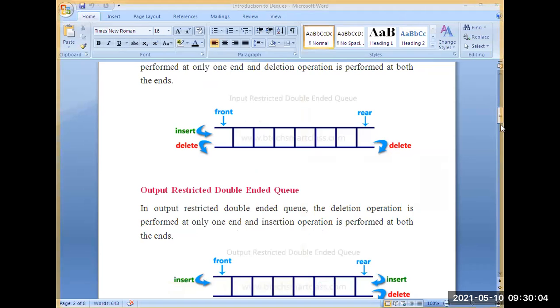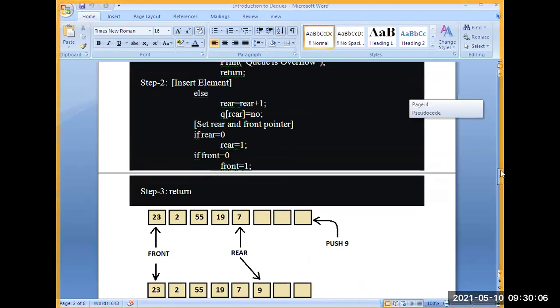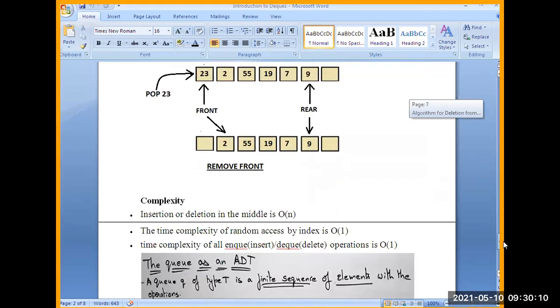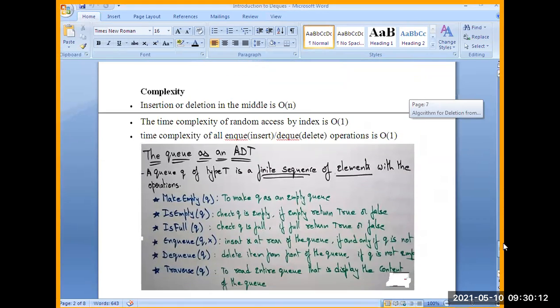So next we discuss the last two topics in the second unit, that is ADT. What is abstract data type?